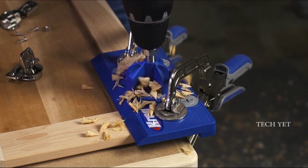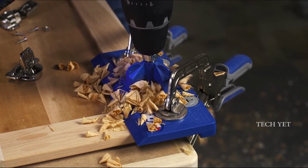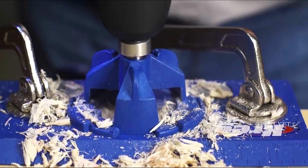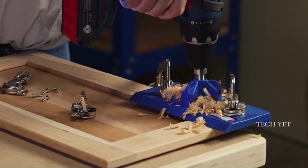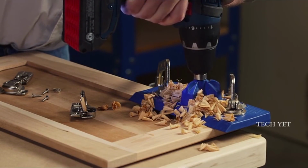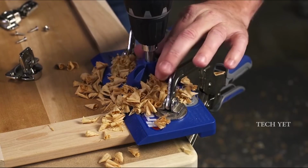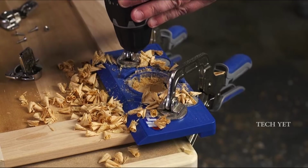To ensure the hole is straight, that bit rides in a drilling guide that locks quickly and accurately into the jig. A stop collar ensures correct hole depth every time too. Once the cup is drilled, the concealed hinge jig makes it just as easy to drill the holes for the hinge mounting screws. Just remove the drilling guide and use the 2 holes in the jig to guide an ordinary